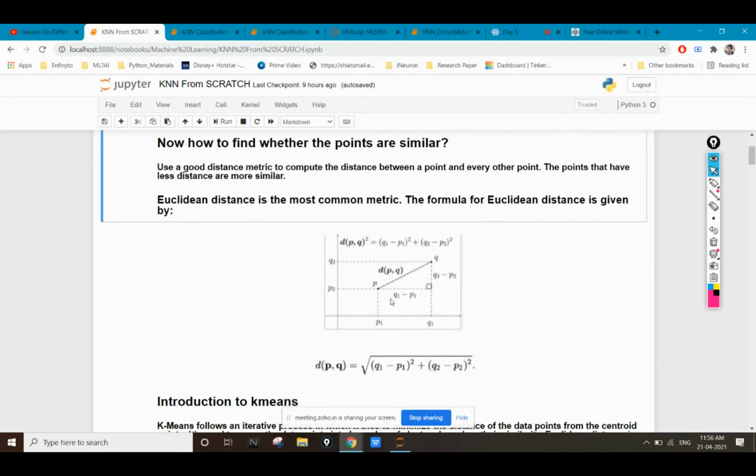So how do we calculate Euclidean distance, or what is Euclidean distance? If we have 2 points inside space, Q and P, Q will have coordinates x and y, and P will also have coordinates x and y, or Q1, Q2 and P1, P2. We calculate the distance: Q1 minus P1 and Q2 minus P2, and take the square of each, add them, and then take the square root of it. Basically, this is the distance.